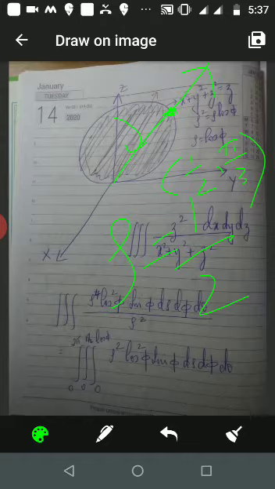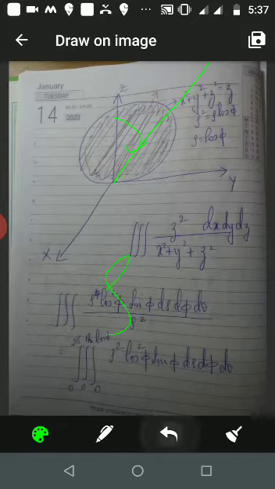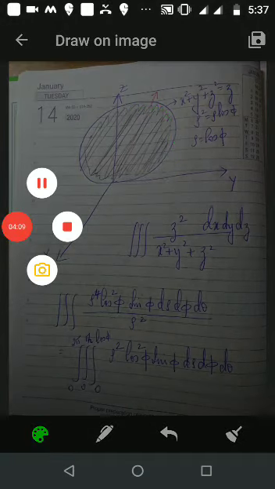Now, if you take any value of phi greater than pi by 2, you are going to get rho equal to negative numbers. For the moment, you all ignore the negative values of rho because we won't get into that as of now. So you will only consider from here to here. What you do is you rotate this curve about the z-axis. When you rotate this curve about the z-axis, you will get a surface which is a sphere. And that is how you get this diagram.